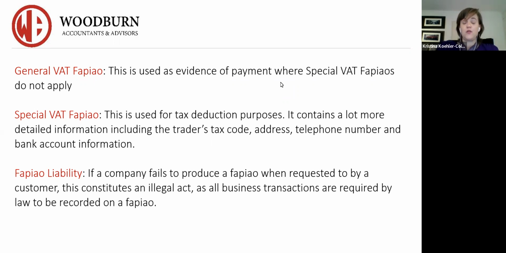All of these Fapiaos are recorded into your VAT software system. And so the tax bureau knows, because it goes in sequential numbers, if you have lost a sheet or not, and it can all be tracked. Okay, so it is vital that you have some form of corporate governance within your organization on how you are tracking the receipt of Fapiaos from suppliers and the issuance of Fapiaos from your own company.